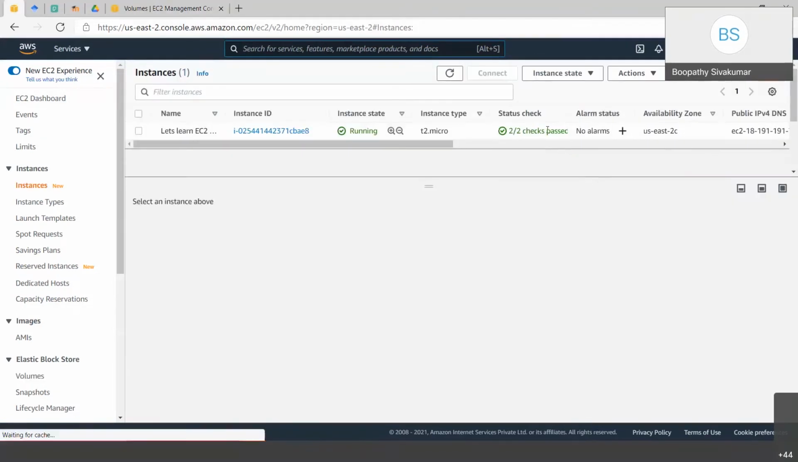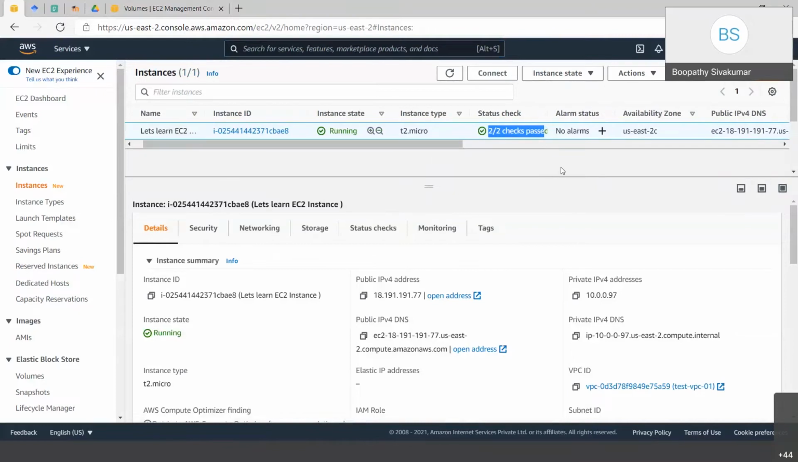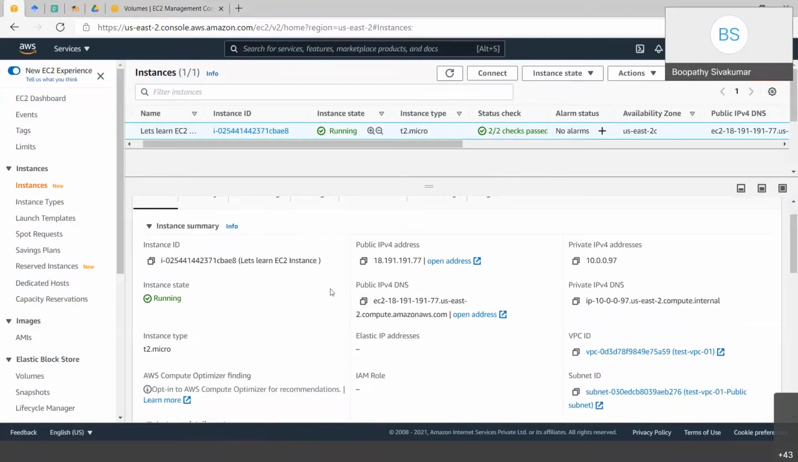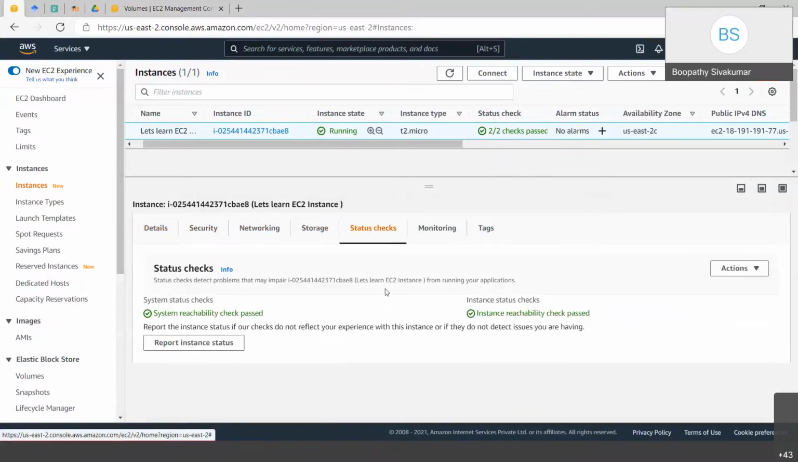Okay. Yes. So as I told, when everything goes well, you will see the 2 out of 2 checks passed. If you click on status checks now, in the details section below, next to storage, can you scroll up? Yeah, next to storage. Yes. So status checks. Basically, AWS does two kinds of status checks: one is a system status check, and one is an instance status check. The system status check detects